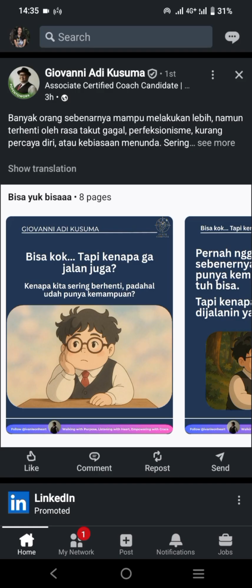It is pretty simple, guys. So the first step you can do, of course, you need to have an account on LinkedIn. You can sign up with your email, and after that you can fill in your profile, your work experiences, and also your education. And if you would like to have the courses, after completing your profile, then you can go to